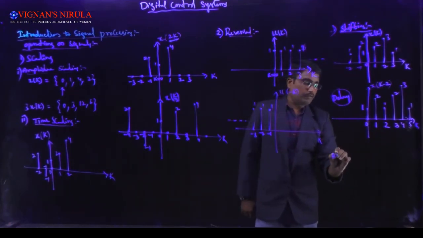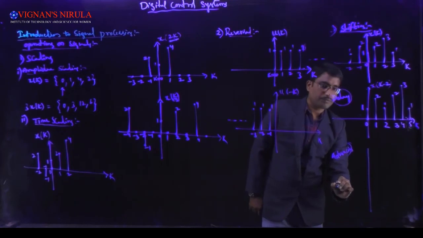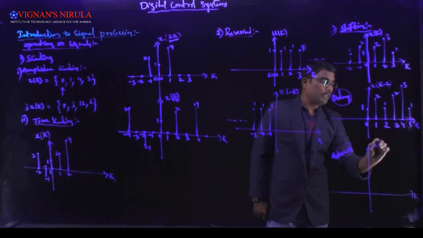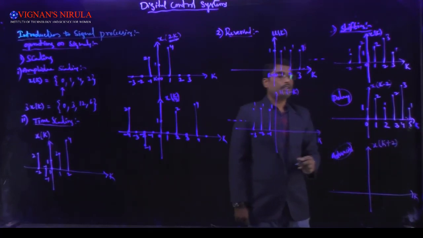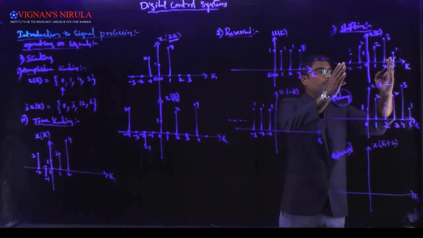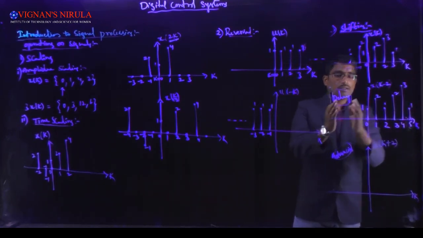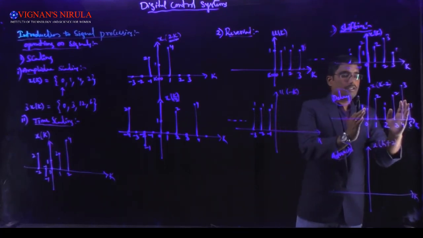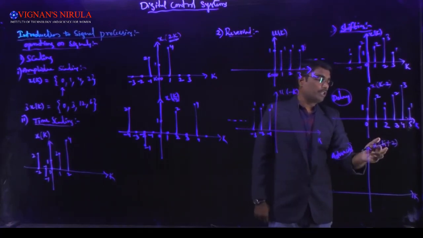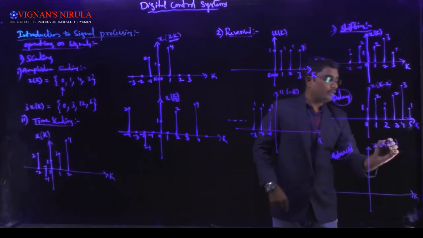Next we will see advancing the signal, how the signal will be advanced. See here, this is k. Now I am taking x of k plus 2. So x of k plus 2 means the signal will be advanced. Now the entire signal should be shifted in this direction. If the signal is shifted towards the right direction, then it is said to be delay. If the signal is shifting towards the left side, then it will be said to be advancing. To draw x of k plus 2, the entire signal should be shifted towards the left side by 2 samples.